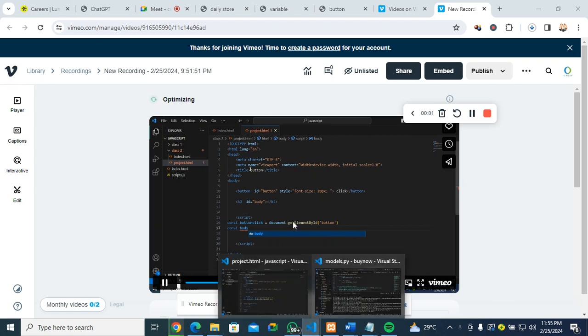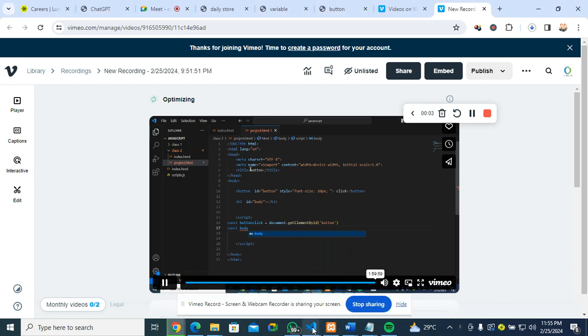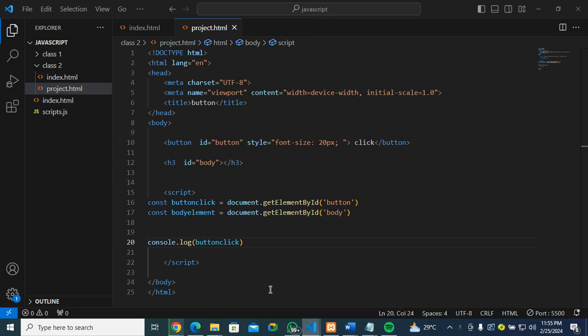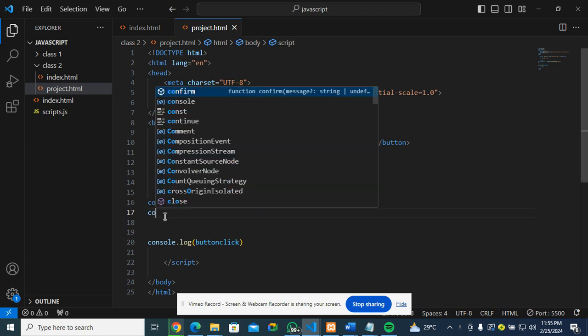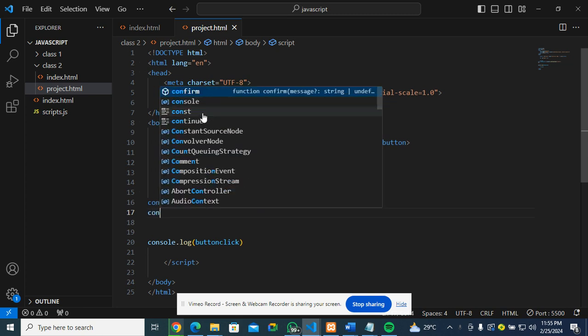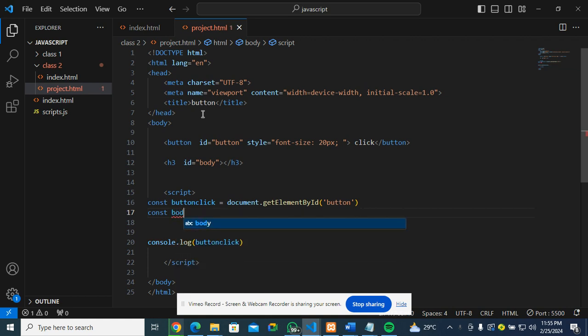Body. So I actually stopped in the body. So yeah, let's go back. Let's erase this. So what I'll need to do is that I want to call the body. I use const body